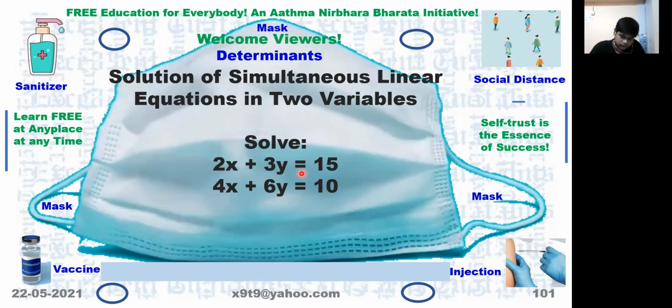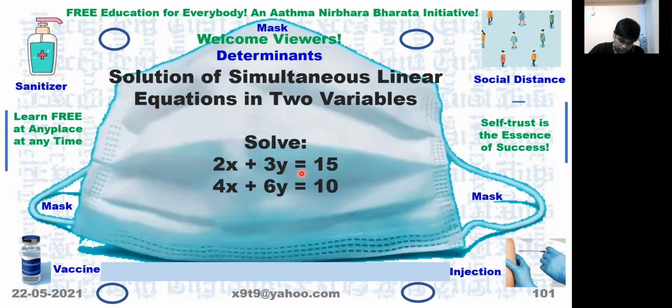But in the previous problem, delta is equal to 0, delta x is equal to 0, delta y is equal to 0. In that case, there are infinite solutions. Infinite solution means several solutions. This one is a coinciding line. Two lines are coinciding with each other. Second problem is the same line drawn over the same line. Third problem is parallel lines.